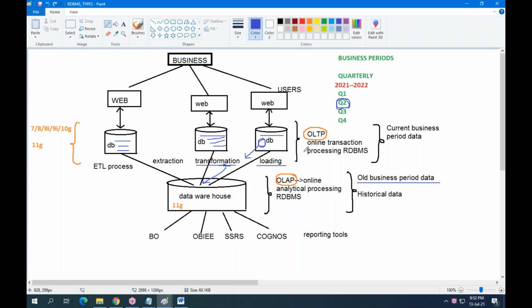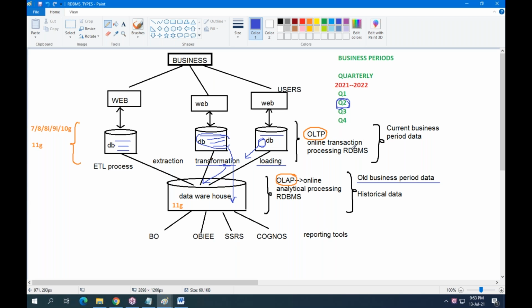Once September is completed, this data is again loaded into the data warehouse. So OLAP is maintaining historical data. How to decide historical or current? Based on business period.